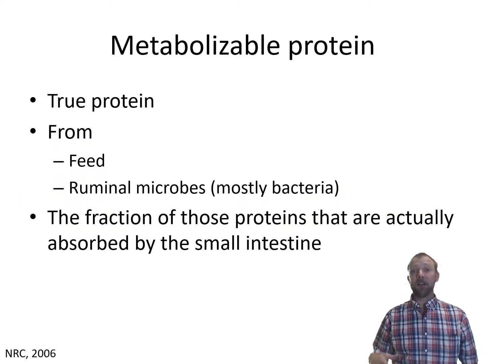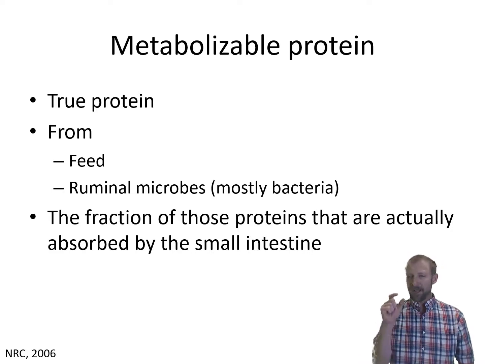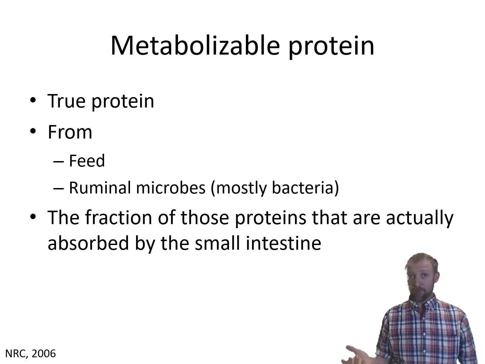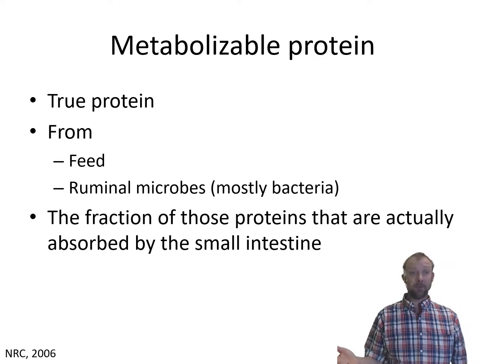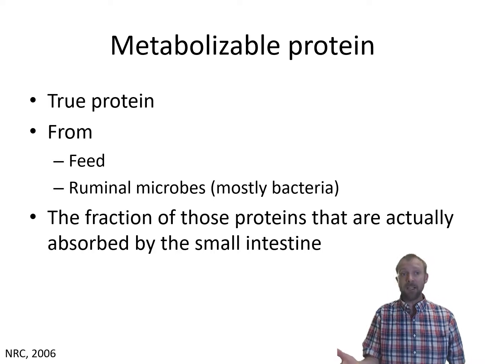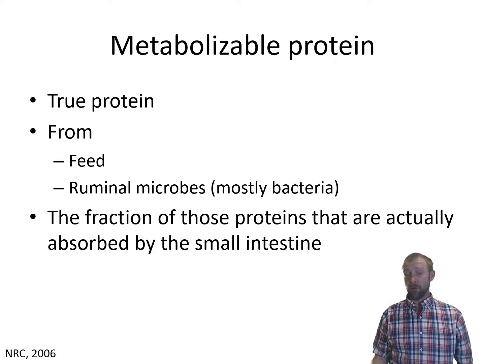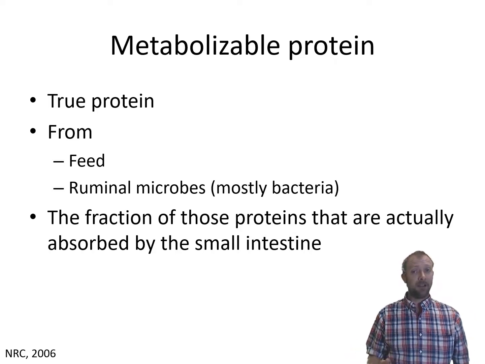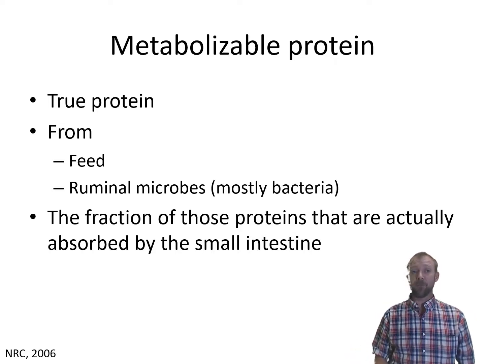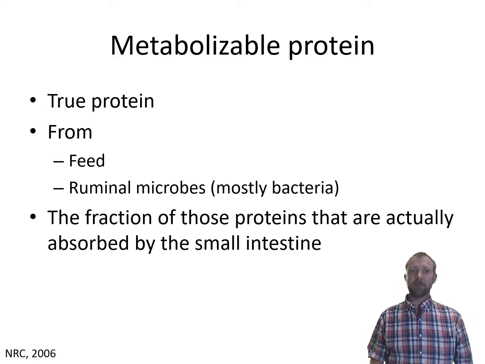Besides crude protein, we can also have something called metabolizable protein. This is true protein. Anything that's metabolizable protein is actually protein. It can come from feed. For example, that soybean meal will also have some non-protein nitrogen in it, but it has true protein in there that's actually metabolizable by the animal. Also the ruminal microbes, mostly the bacteria, are a very highly nutritious source of protein for the ruminant, and it's around 60 to 65% crude protein in bacteria, so a highly available, highly digestible, metabolizable protein.